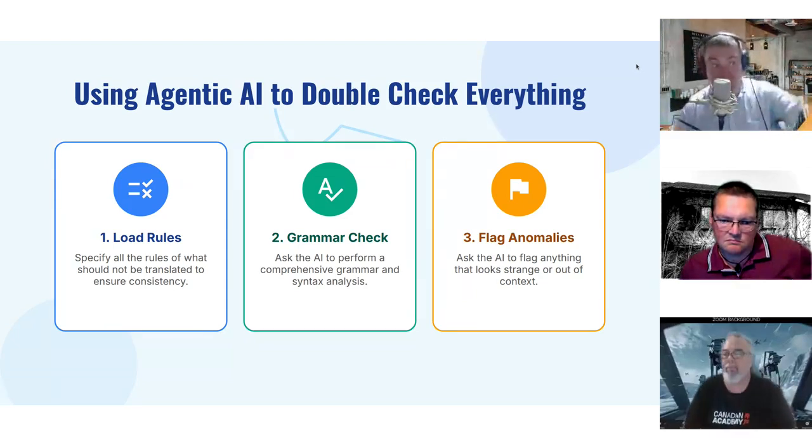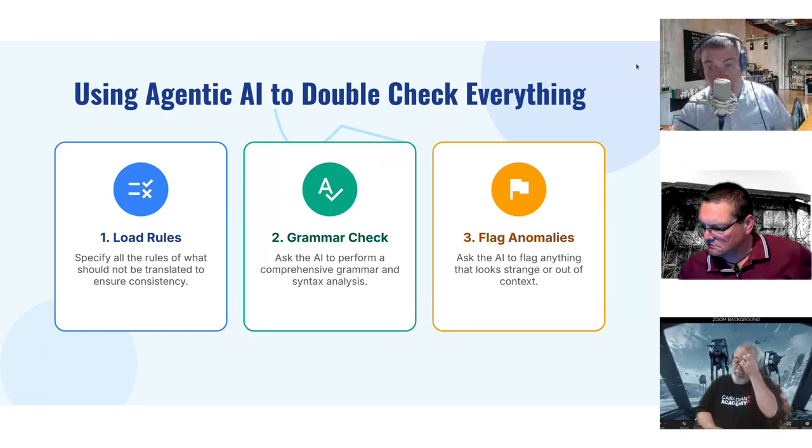You can create a markdown document with all the rules and say, these are the words that you should absolutely not translate. You can also ask it to perform a grammar check, and say if you see something strange, if you see something weird,